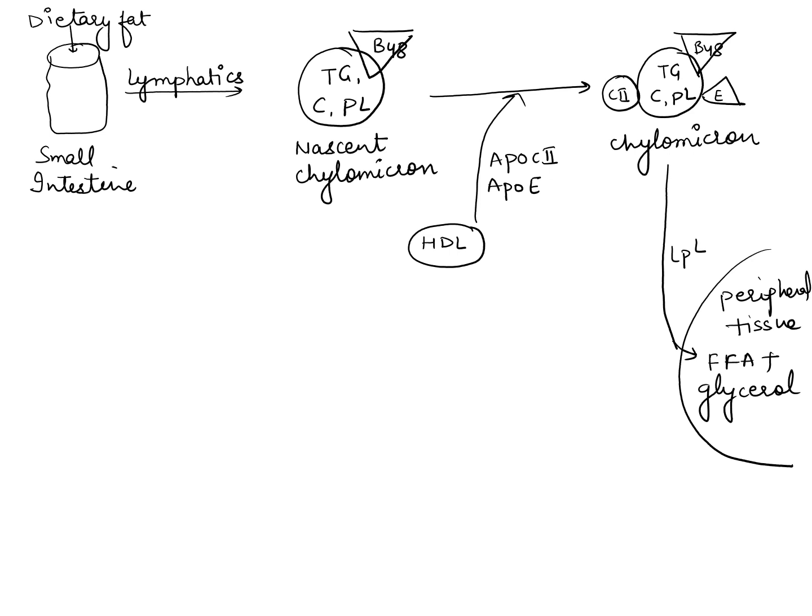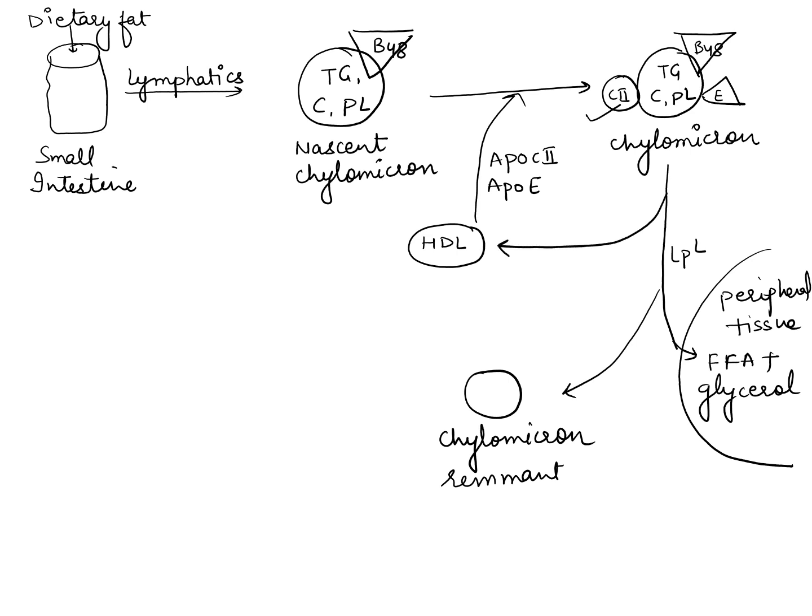Lipoprotein lipase enzyme is activated by ApoC second. This apoprotein ApoC second activates lipoprotein lipase, then TG is hydrolyzed. TG is hydrolyzed, so size is reduced. Now it is converted to chylomicron remnant. One more thing, when lipoprotein lipase acts on chylomicron, ApoC second